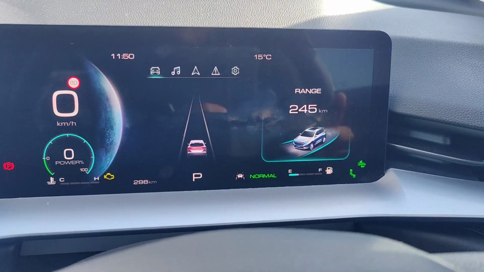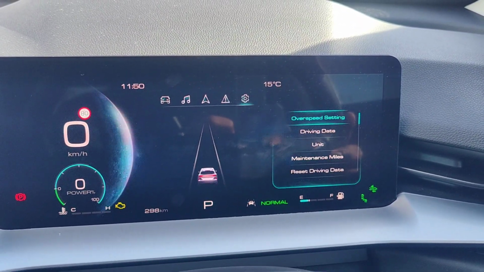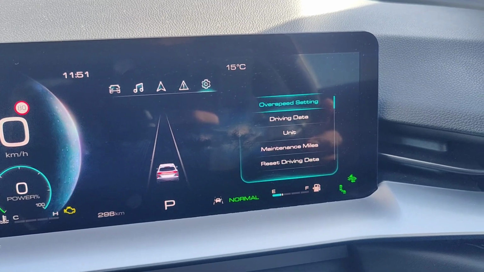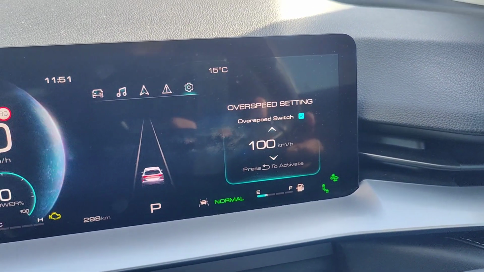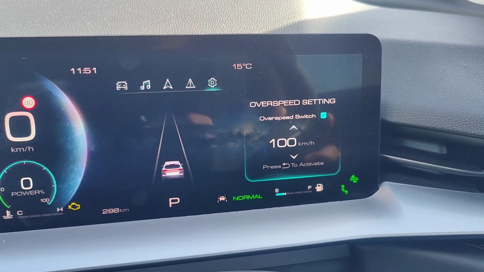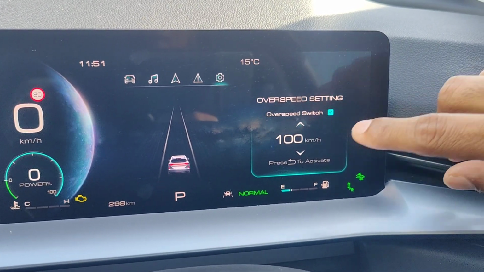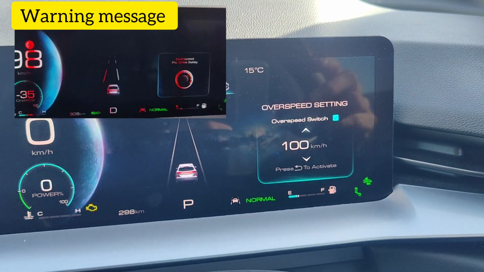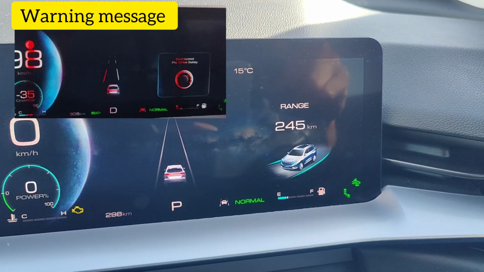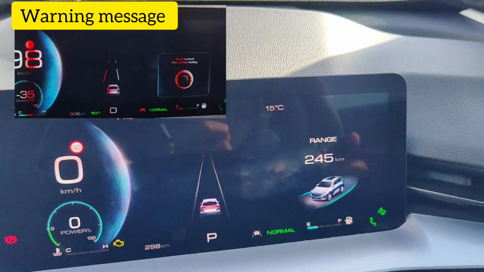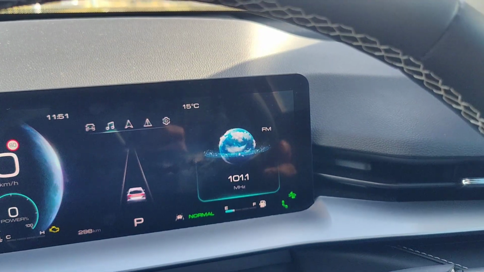Let's go to the next setting here where you can control a few options. This one is the overspeed setting, which I use when I'm on the freeway. You can set your overspeed setting and choose the kilometers per hour. I have set 100 kilometers per hour, so if my car goes beyond 100 kilometers per hour, it gives me a warning sign. Now if I go back to settings again,